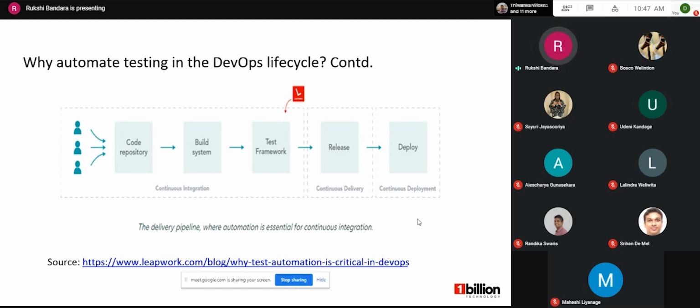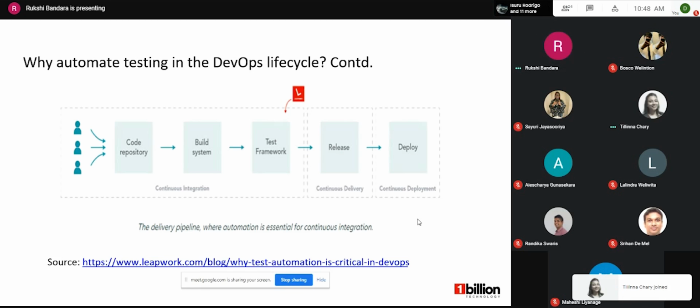Then the code fails the test. So at this point, weeks or even months have passed, and when the tester sends the code back to the developer, he has already worked on lots of other code. So the developer must now spend time figuring out what went wrong and fix it by writing new code and also send it forward to the tester once more.